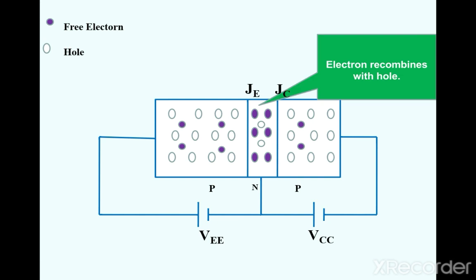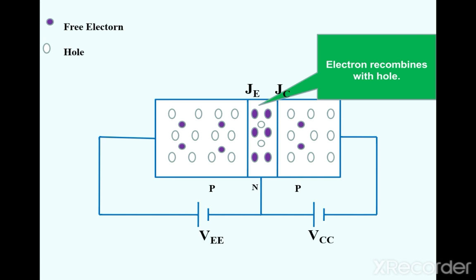When we connect the transistor in active operation, that means for active operation, the emitter and base are connected in forward biased mode, and the base and collector are connected in reverse biased mode. So our transistor is PNP type. PNP means in P-type the majority carriers are holes, and in N-type the majority carriers are electrons.